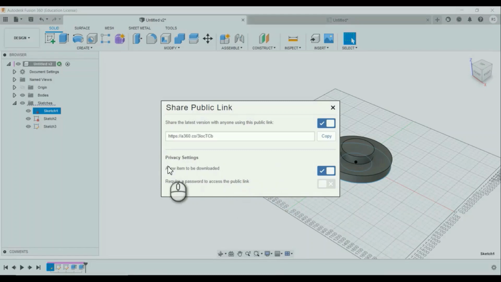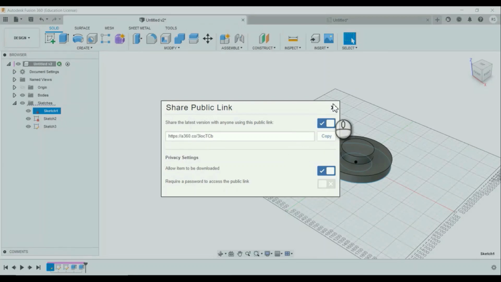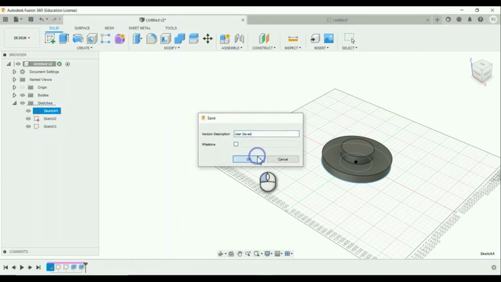After that, if you want your design to be downloaded, click allow. And if you want to require a password to access the design link, you can also allow that and enter the password, and you can copy the link to send to your friend, and your friend can view the design through any browser. And you can save the file.